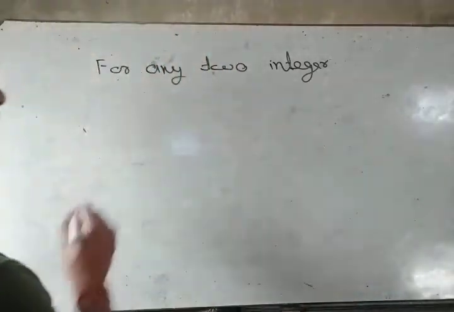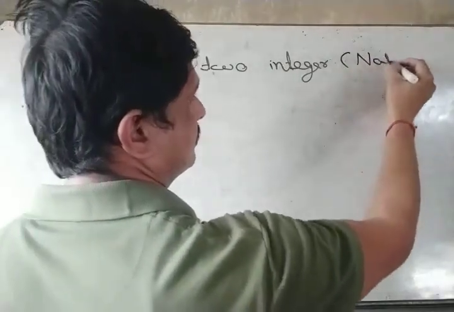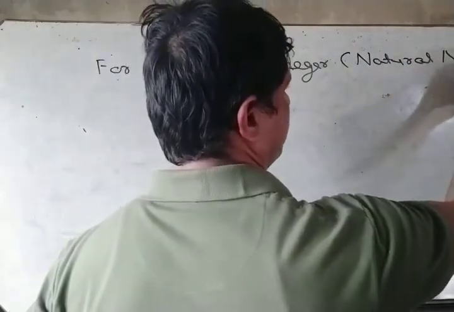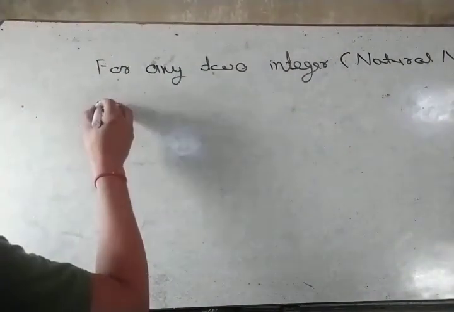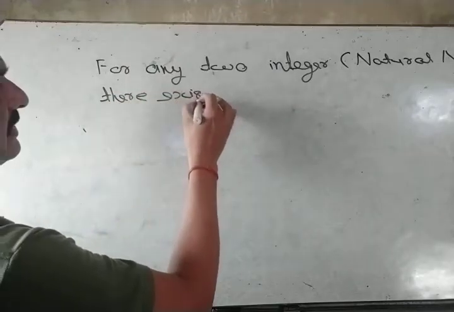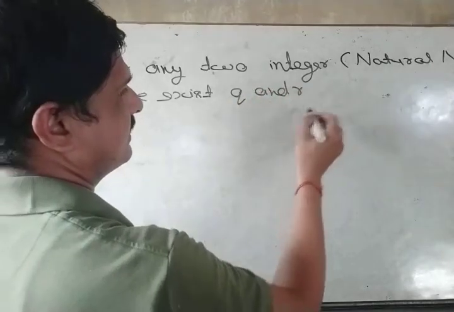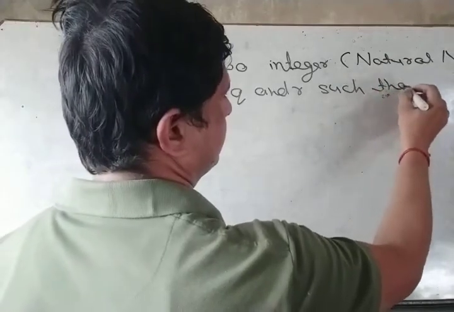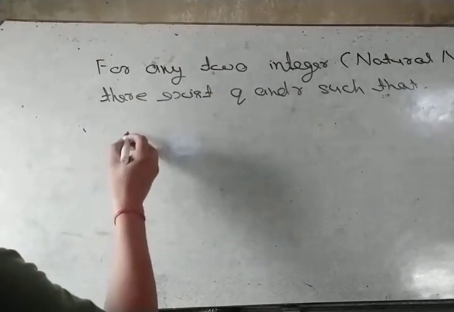So for two integers, say natural numbers, there exist Q and R such that